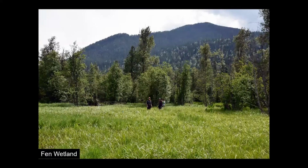Now, this is a different type of wetland called a fen wetland. And fens have sedges in them, an abundance of sedges. And fens are important to elk and to deer and to sandhill cranes. To elk, they're important for feeding. They feed on the sedges, which are high in sodium. Sandhill cranes will find all sorts of frogs and toads to eat in wetland areas, and they use them for